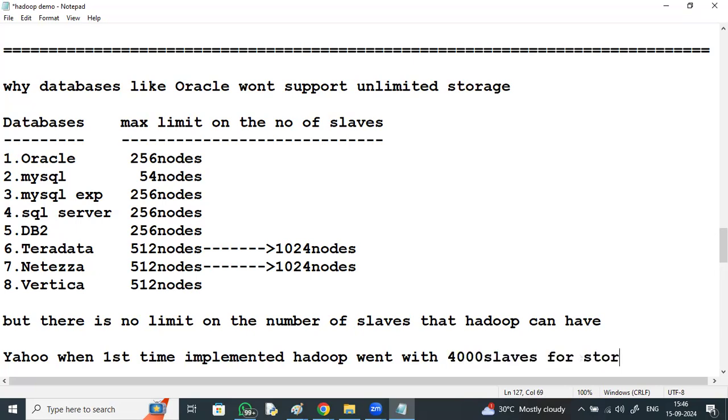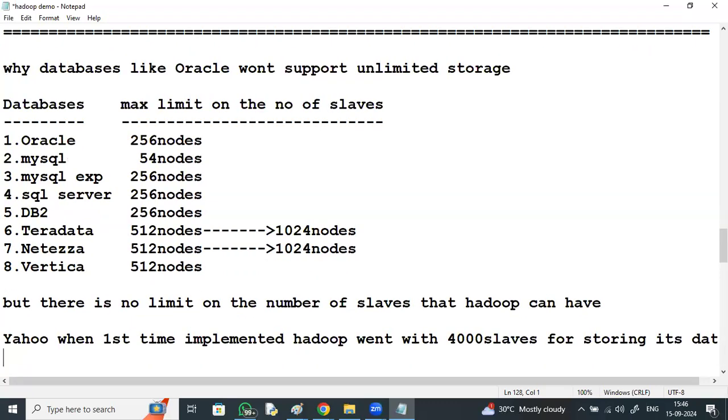Yahoo is currently going with 12,000 nodes for storing its data.